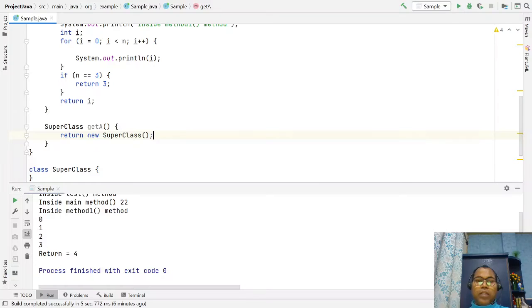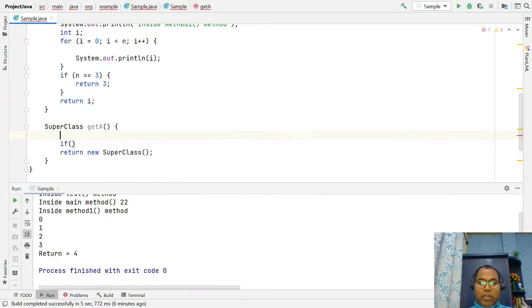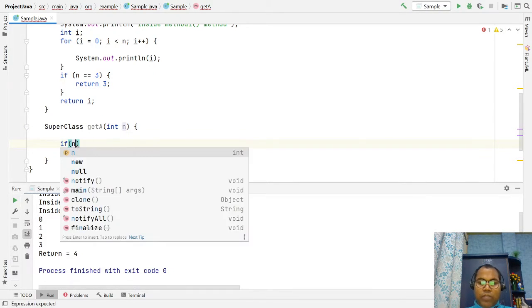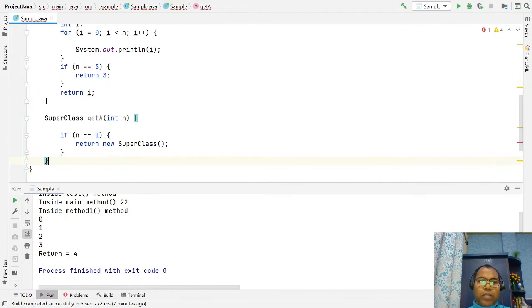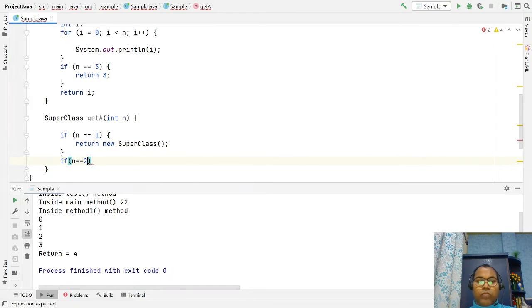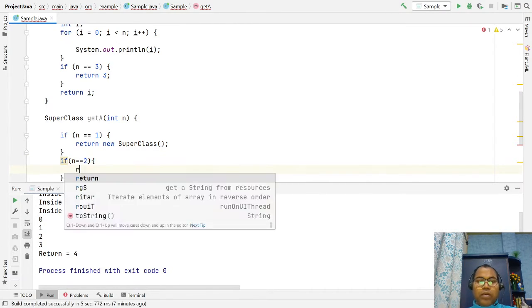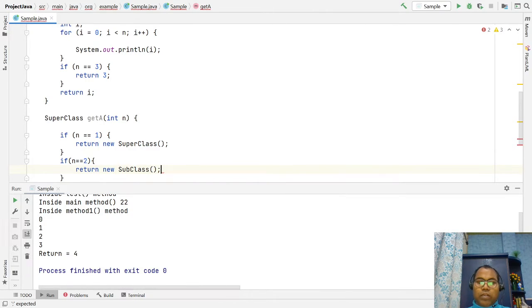or you can also return, in the case of, let's say an integer passed here, an integer a number. If your a number equals 1, then you return this, or if it equals 2, then you may return your new subclass object as well.